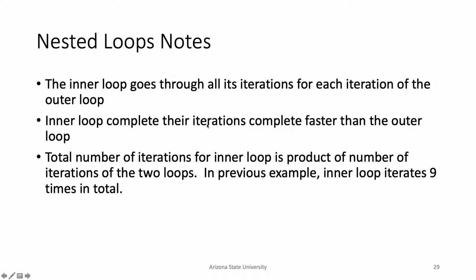Yeah, inner loop complete their iterations faster. I don't know why it says this. This is straight from the publisher. Complete their iterations complete faster. I'm not sure why that's that way. But maybe they used a nested for loop to print this. I don't know. The total number of iterations for the inner loop is the product of the number of iterations